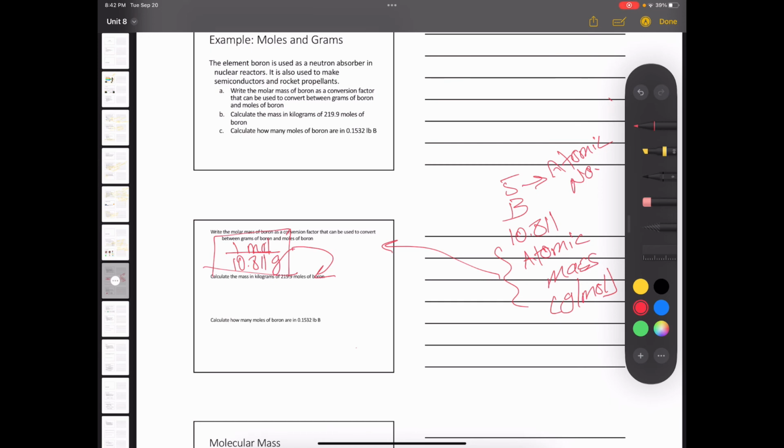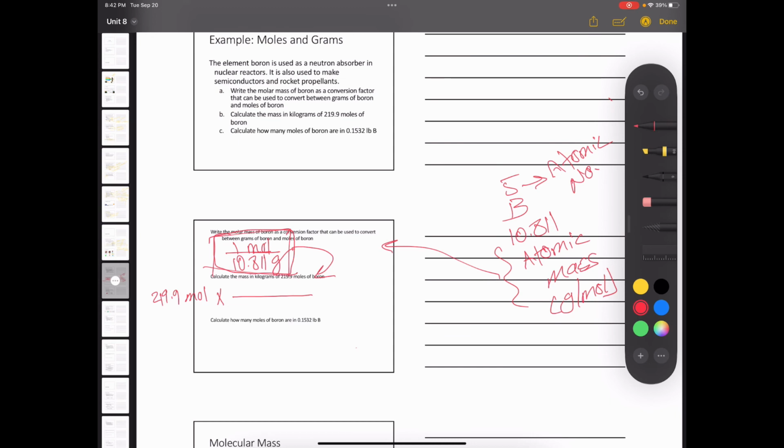So what I'm starting with is 219.9 mole, and I'll multiply that by my conversion factor, okay? But in this case, I'm going to have to flip my conversion factor again. Remember, this is not written in stone. You can always change the moles and the grams. So the grams can be in the numerator, or the mole can be in the numerator, based on the required unit